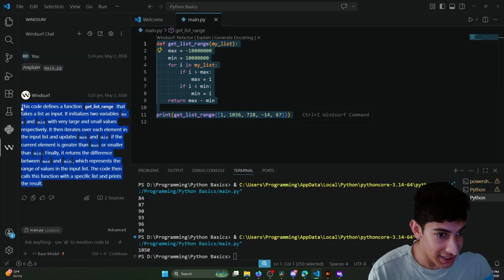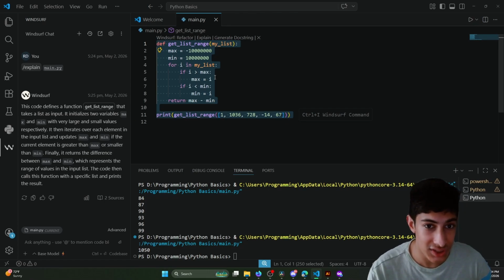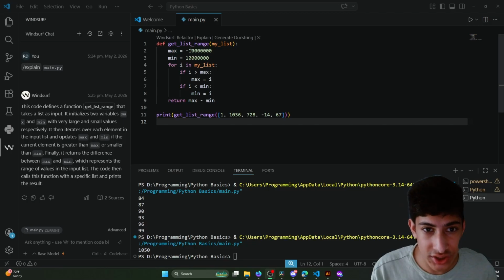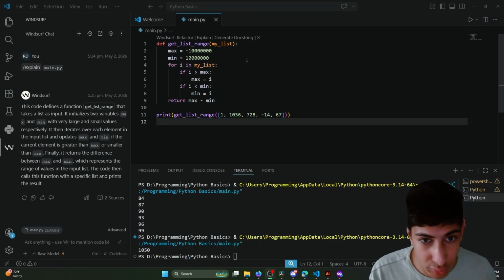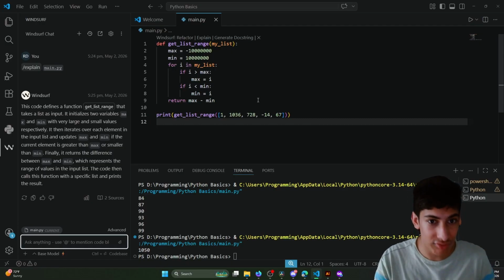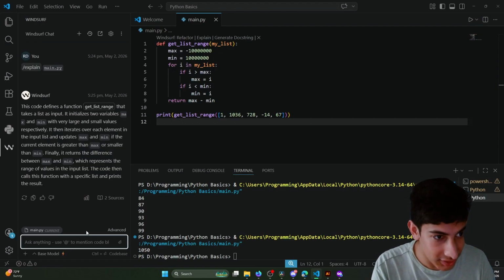So this explanation might seem not very useful in the simple use case here, but for more complex code, it can really be useful, especially if there are a lot of other functions inside the code base as well. And also, this function for getListRange looks pretty long right now. So what if we wanted to condense the getListRange function? Well, in this chat window, we can ask the AI,